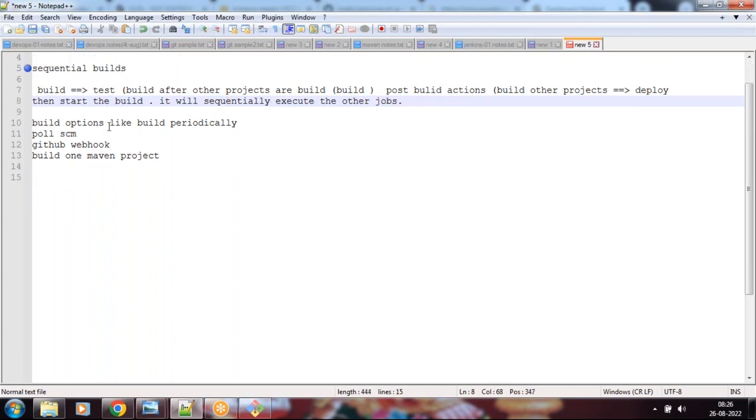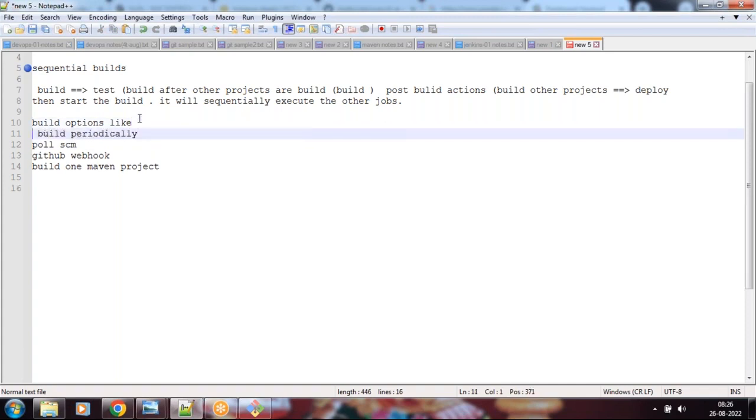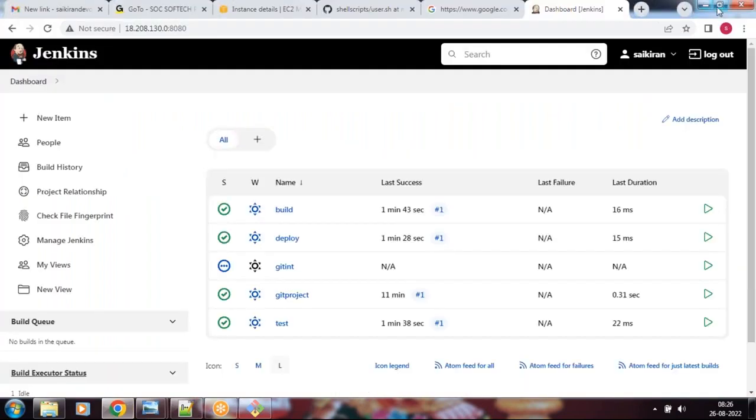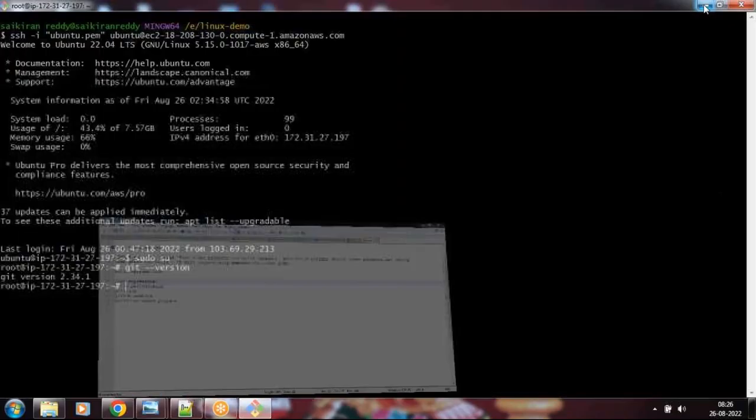Now let's see options like this. Build options like build periodically. But before that, we need to know what is cron tab. Okay, cron expression. For that, let's go to